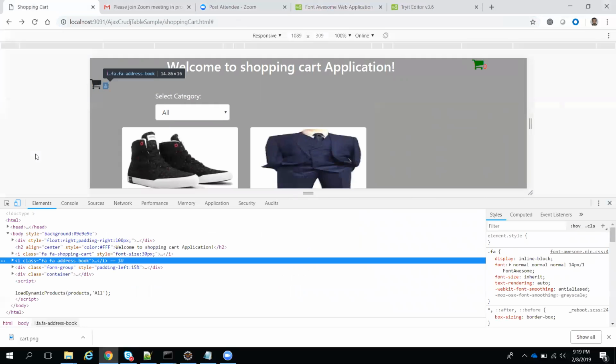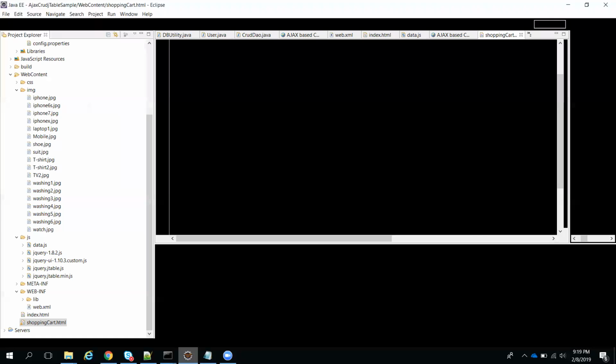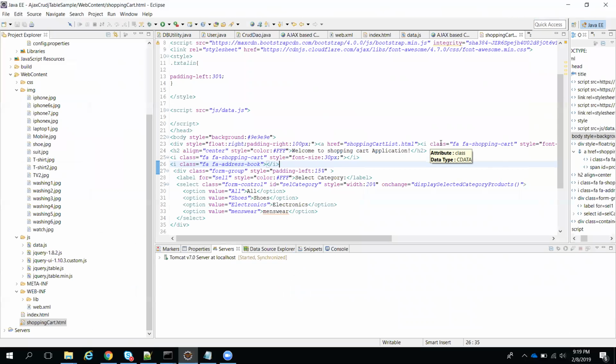So like this, based on your requirement, we can use these icons. That's what I want to introduce, because sometimes in interviews they will ask, have you used any icons? Then you can tell them, I have used Font Awesome icons. There are predefined CSS classes. You don't need to write any code for that. Just use whatever icon class, and it will give you the icon. That's all. Just remember, this is very important in real time. I'm removing these, they were for testing purposes.